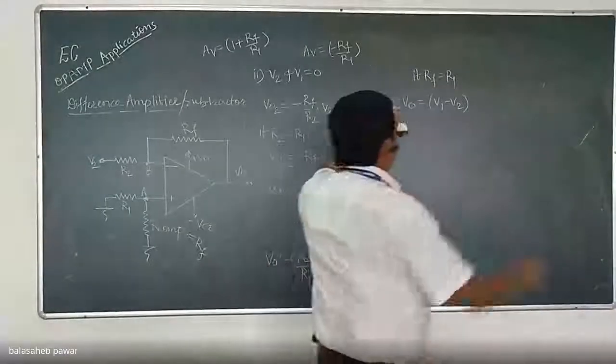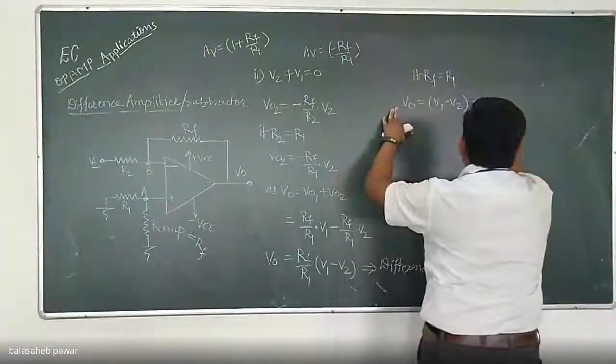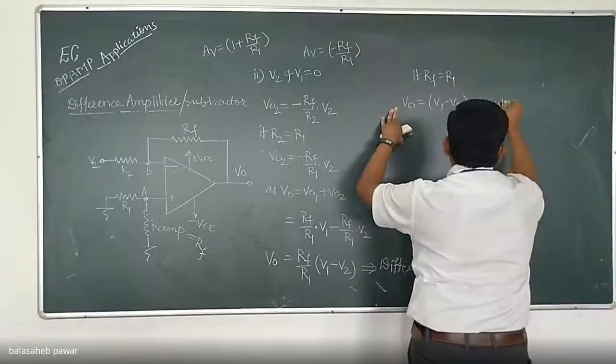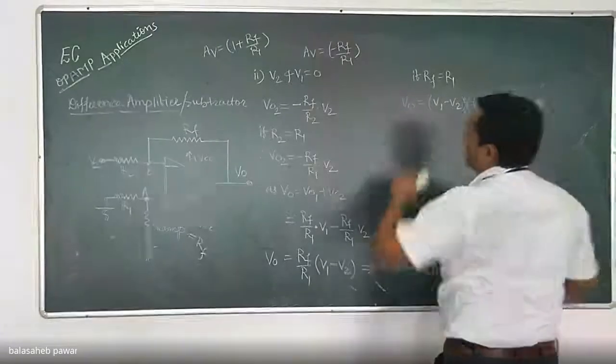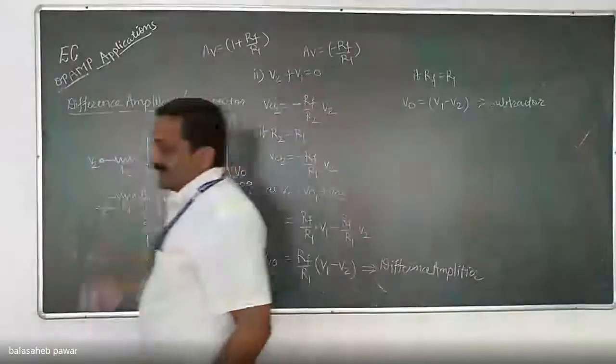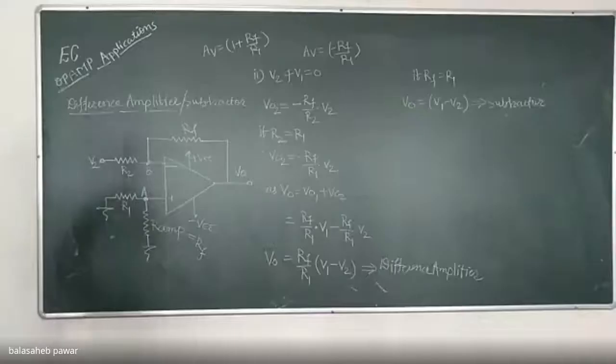And this equation, if RF equals R1, is nothing but a subtractor. Got it? That's why the same circuitry can be called a difference amplifier, or it can be called a subtractor. So I think our time is already